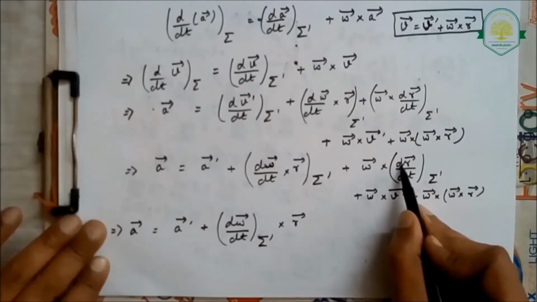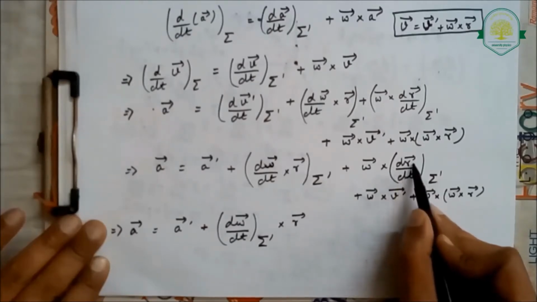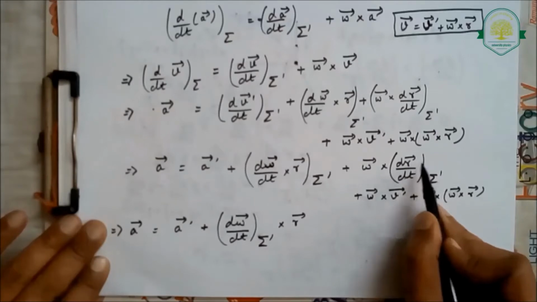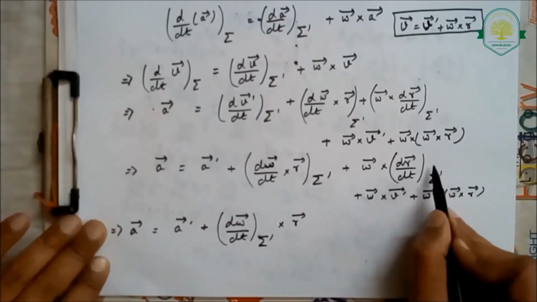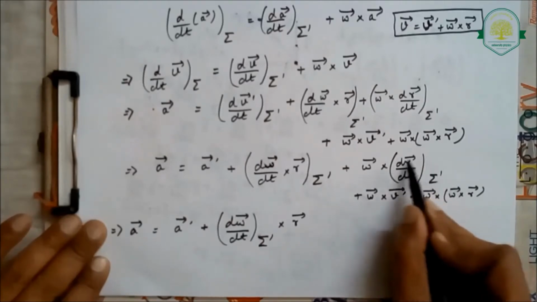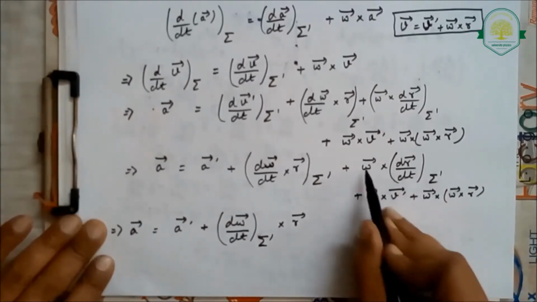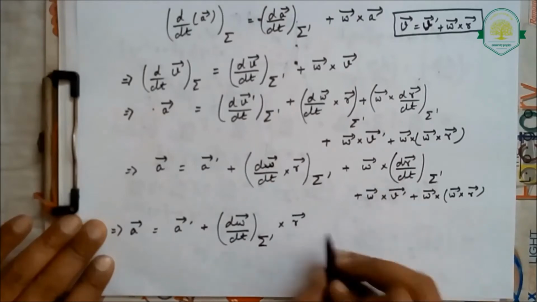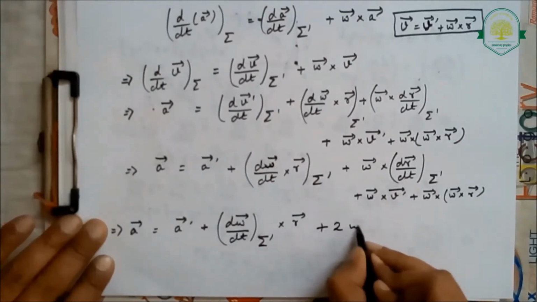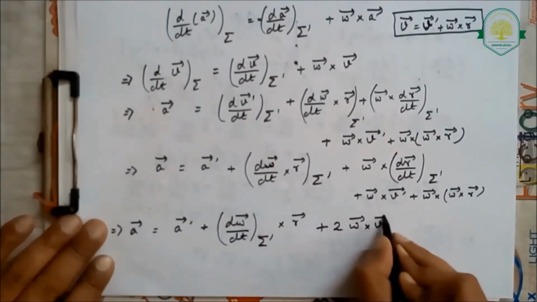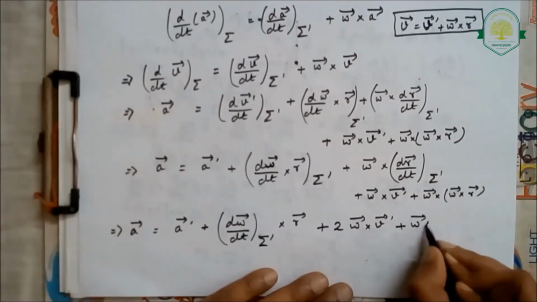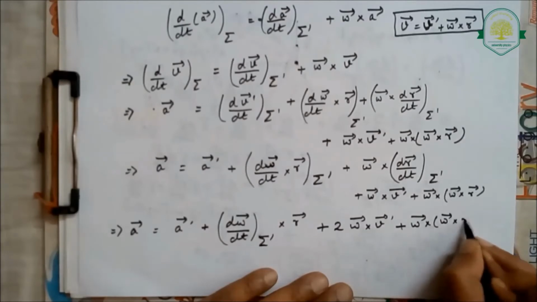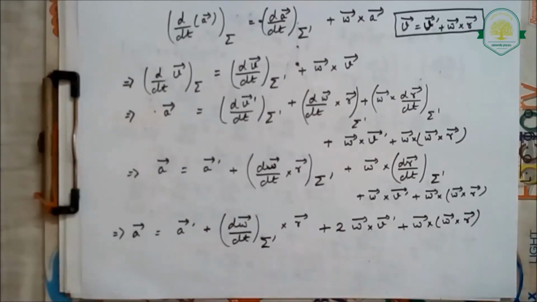So the differentiation with respect to time of the position vector as seen in the rotating frame of reference, the differentiation being done in the rotating frame of reference, can only mean the velocity vector in the rotating frame of reference. So omega cross v prime plus omega cross v prime is just 2 omega cross v prime plus omega cross omega cross r. So we finally arrive at our final expression